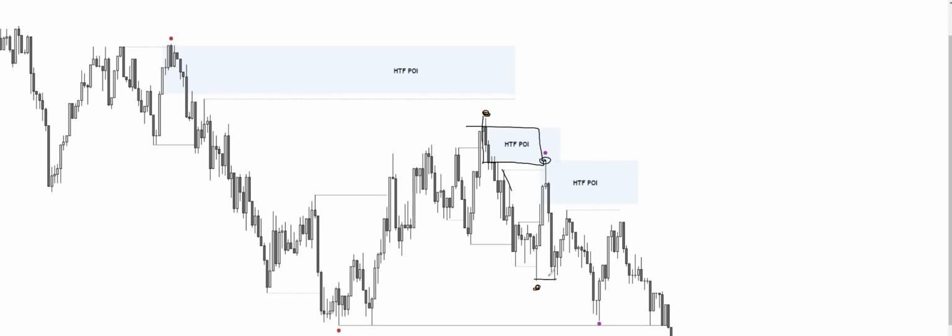You can target this low, but eventually your target is going to be right here, because that's what makes sense following your high time frame analysis, following your red range right here. Then we had a breaker structure following this orange range right here, right? So now we will have a new range, this purple one. Now again, which pattern do we have inside? We have a high, broke structure, retrace, broke structure once again. That is the one.